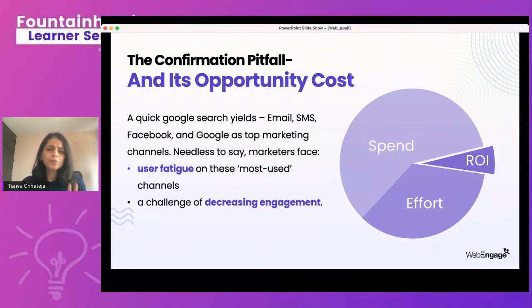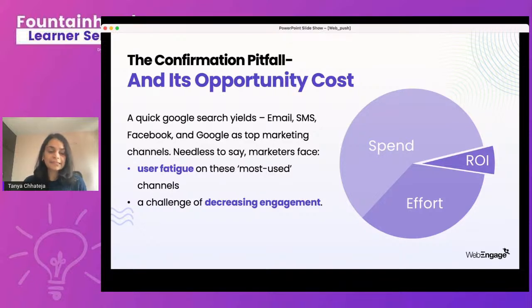So this is creating two problems for you. One is user fatigue. Your users are getting bombarded with multiple brands focusing on these top channels, which is creating a lot of user fatigue, and users are now reluctant to engage with your content over these channels. The second is the decreasing engagement that you're facing because of user fatigue.